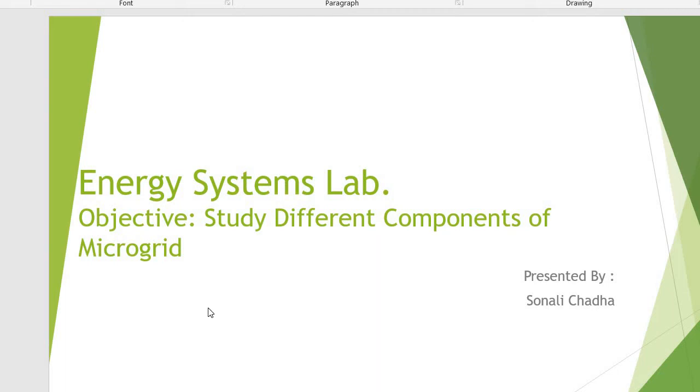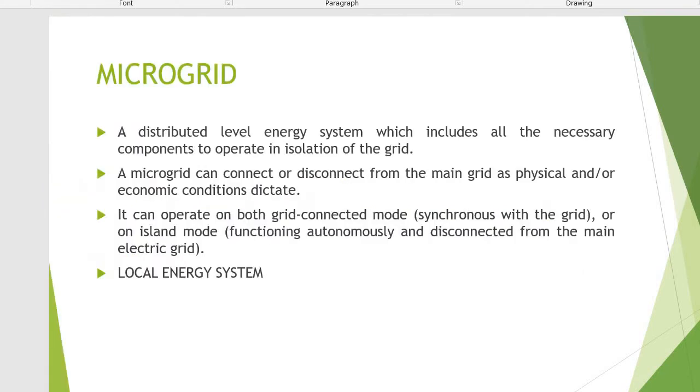Hello everyone. Today we are going to study the different components of a microgrid. It is one of the experiments in the energy system labs. Before going further, I would like to introduce you to the microgrid. So what is a microgrid? It is a distributed level energy system which includes all the necessary components to operate in